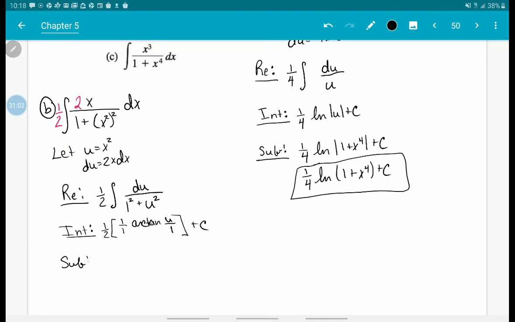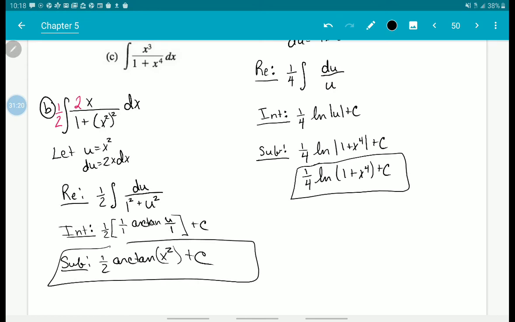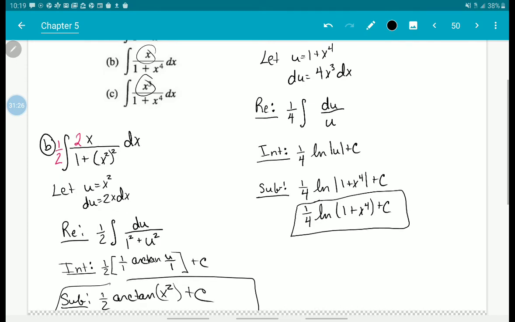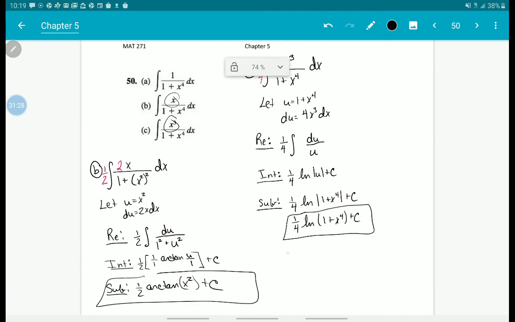And then if we sub back in, we have 1/2 arctan, our u is x squared. x squared divided by 1 is just x squared, plus c. So you can see how that one is a completely different animal than the last one, all because that numerator is slightly different. Now, if we look at a,